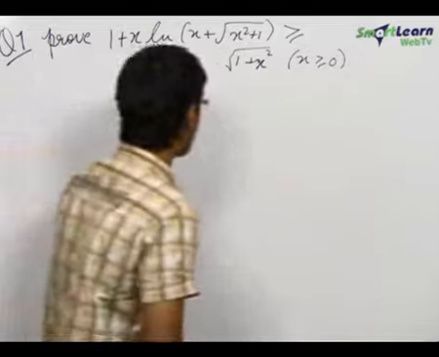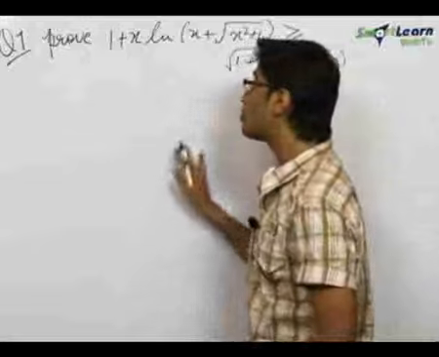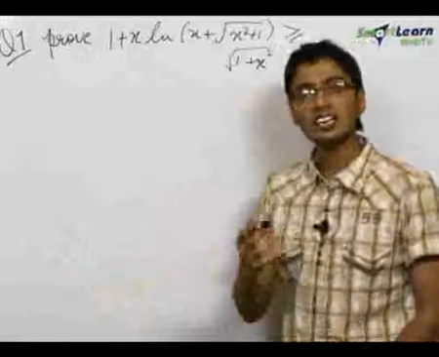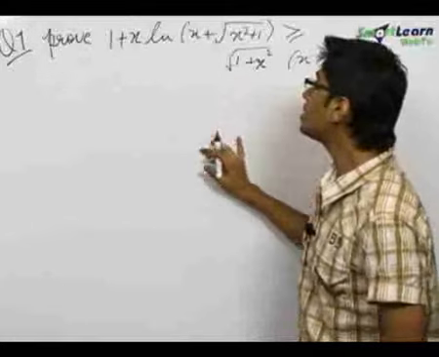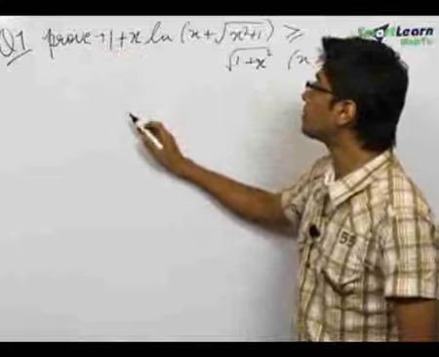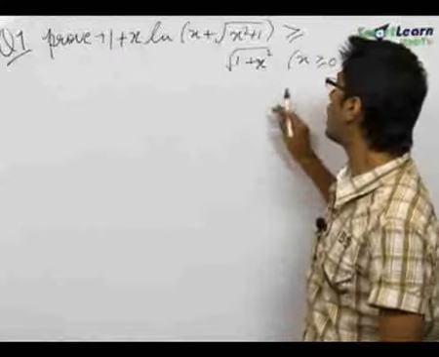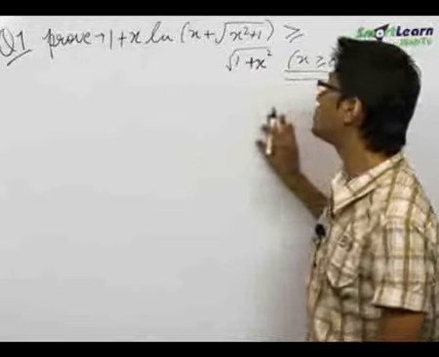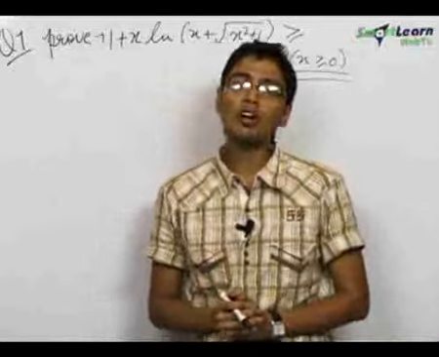The seventh problem of ours is a very interesting and very important problem, mind you, because it gives us a very important and essential practice regarding the increasing and decreasing nature of functions. Here we need to prove that 1 plus x into ln of something is greater than or equal to under root of 1 plus x square for every x greater than or equal to 0. Now there is a special and very set method for doing all these kinds of problems.